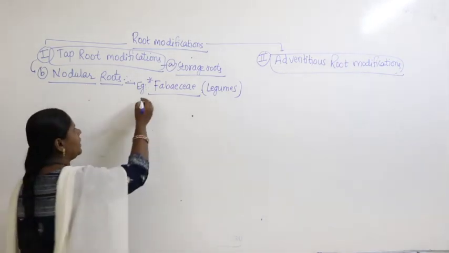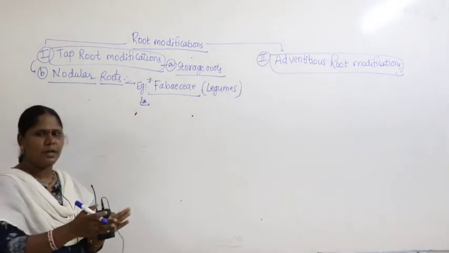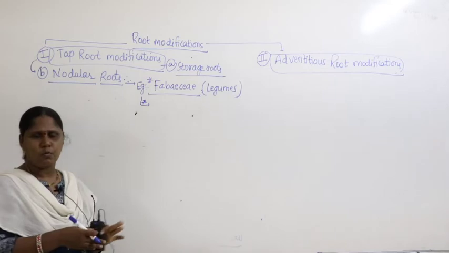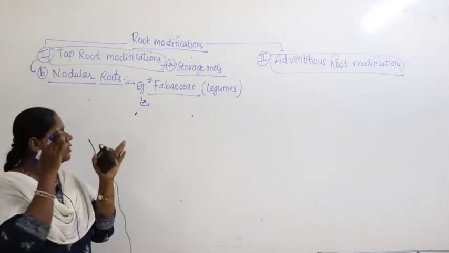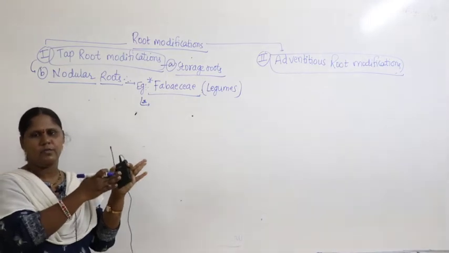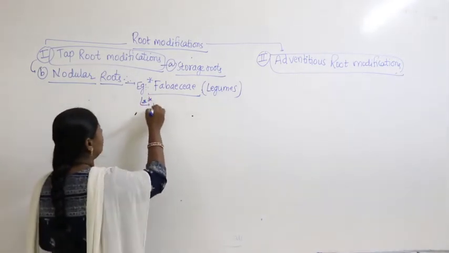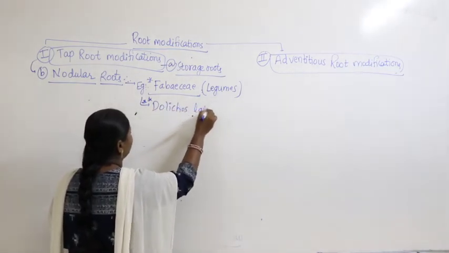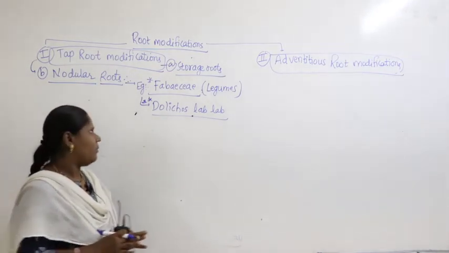For example, if you remember the table I am giving you every day with two plant scientific names, you are familiar with the example I am going to write now. Try to recall what could be the common name for the scientific name I am going to write. I am going to write here the scientific name Dolichos lablab.